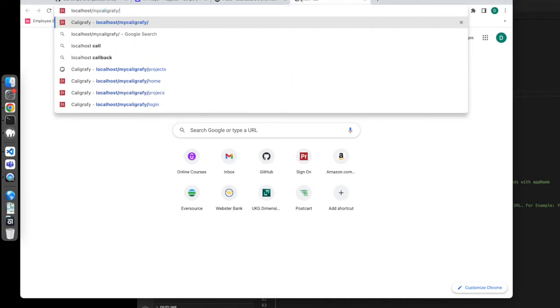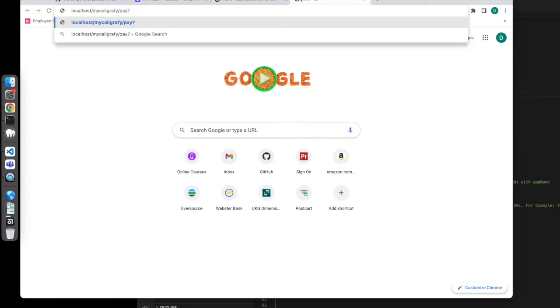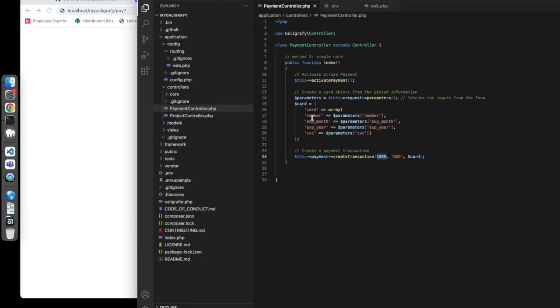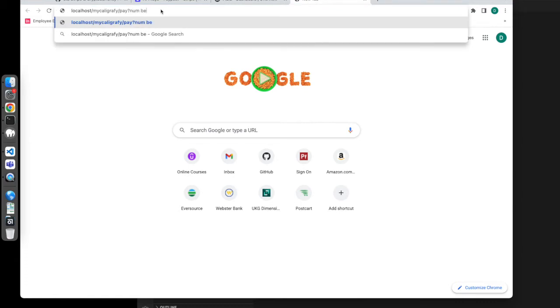Okay, that's the name of our application, and we're going to do pay, and then we're going to append to it all these parameters that we need to bring to the function in order to create a transaction. So it would be the number, the expiry month, the expiry year, and the CVC. So I'm going to say number, and the credit card that comes with the test credit card that Stripe offers,